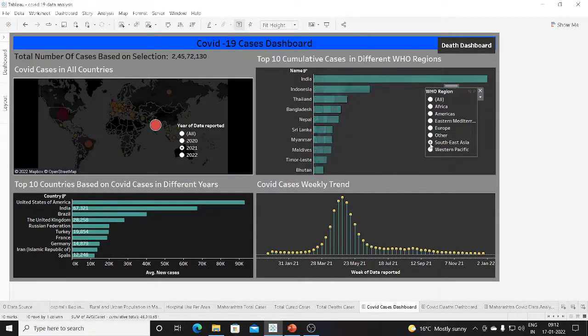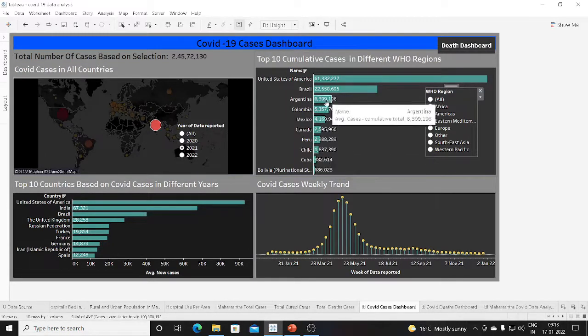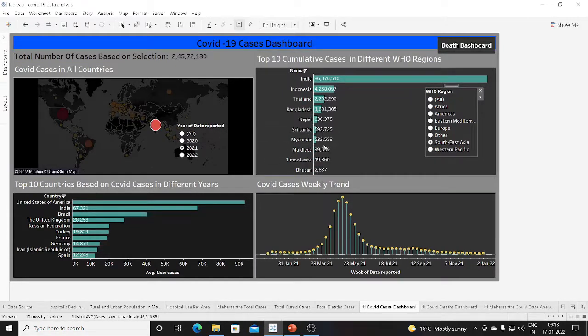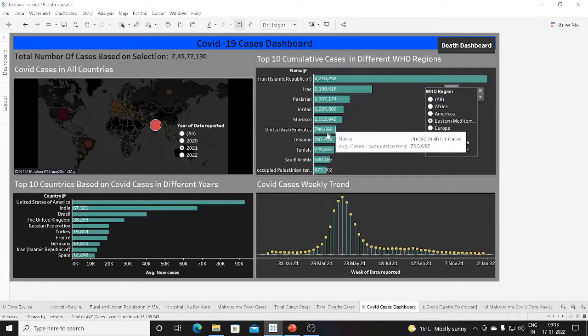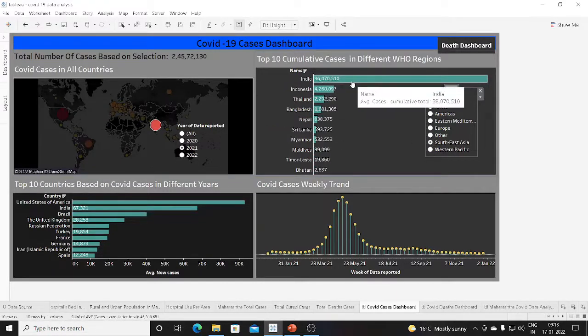And in the case of Southern Asia, India has so many cases. India has a very high amount of cases compared to Indonesia and Thailand. In Asia, they were not affected much compared to the others, because here you can see the cases have nearly crossed the lakhs amount. But for Southeast Asia, there are not as many cases as in the other regions, where there are so many cases. You can easily understand this from the bar graph. Okay. Now for India, there is a very high number of cumulative cases. You can easily conclude that.